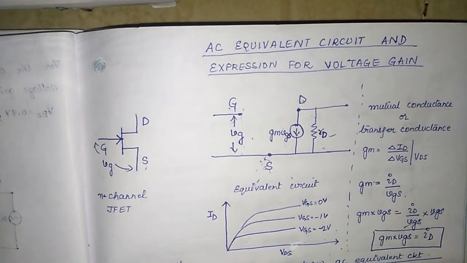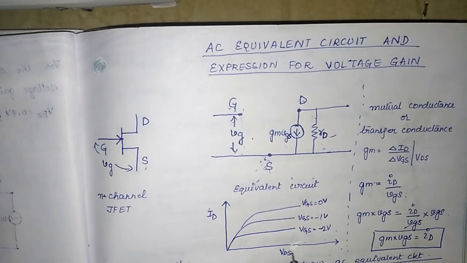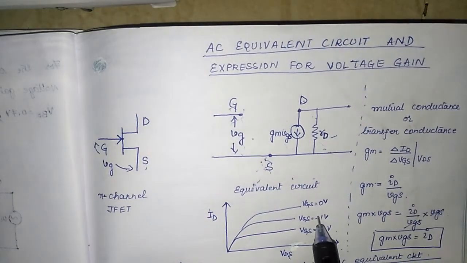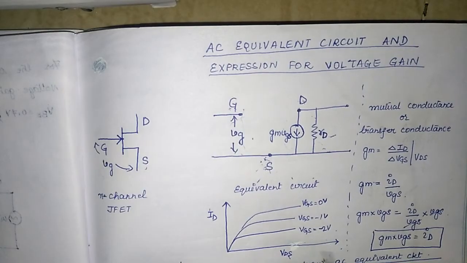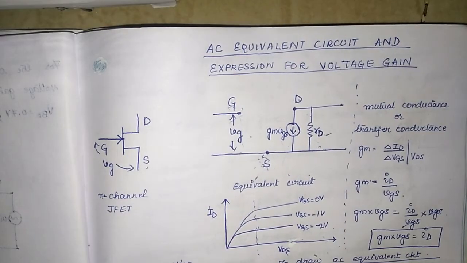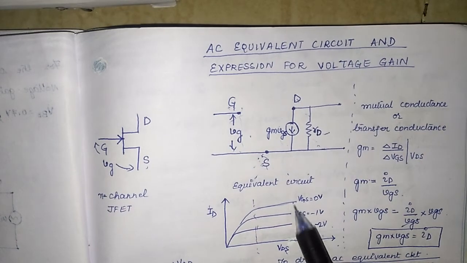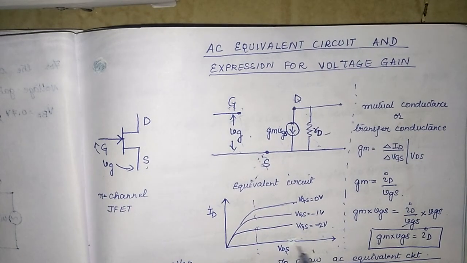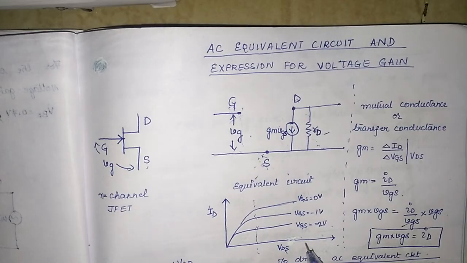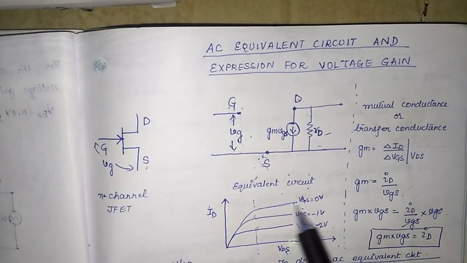So students, in your lab you have drawn the output characteristics of a JFET. The output characteristics of a JFET is a plot of the drain current versus the drain to source voltage for different values of gate to source voltage. So what do you see here? Please note, we have done the same analysis even for your CE amplifier. In this part, what do you see? That the output current remains a constant irrespective of changes in the output voltage VDS. I hope you understand. So only when VGS changes will ID change. If VDS changes by any chance, ID will not change.